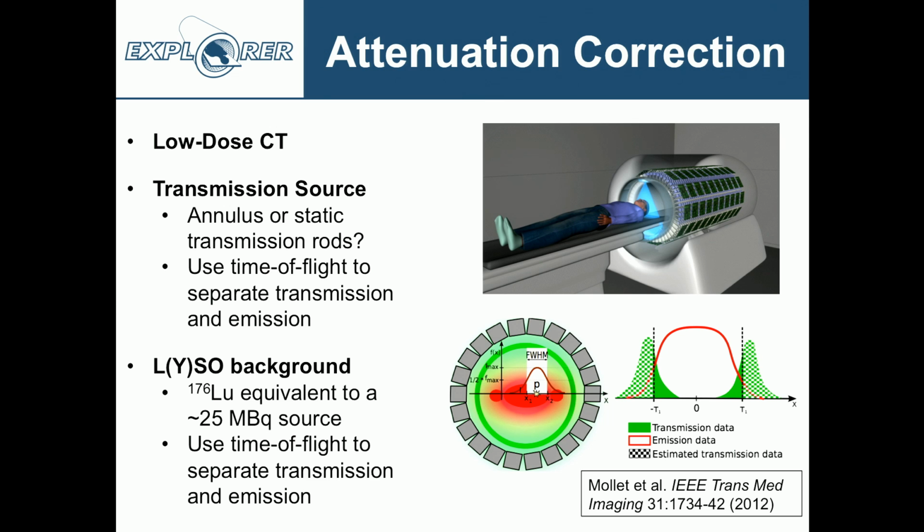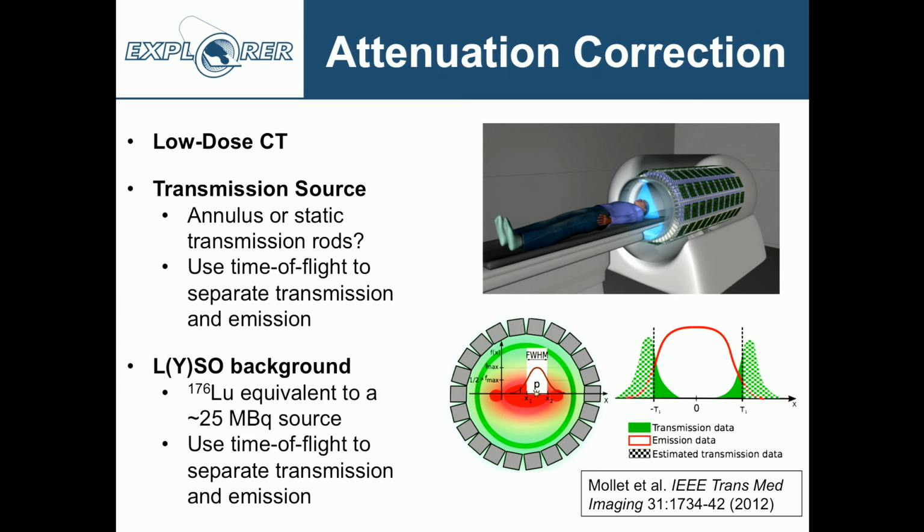number of interesting opportunities. So obviously there's a huge amount of work going on in low-dose CT right now using iterative reconstruction methods to dramatically reduce the dose for CT. And so certainly we'll be working closely with our CT colleagues to implement those approaches. We could also consider going back to the old days of PET where we used transmission sources, so an external source of radio tracer that is used as a kind of a poor man's CT, but a very low dose way to get the attenuation map. It's not a good way to get the structural information, but at least we could get the attenuation map that